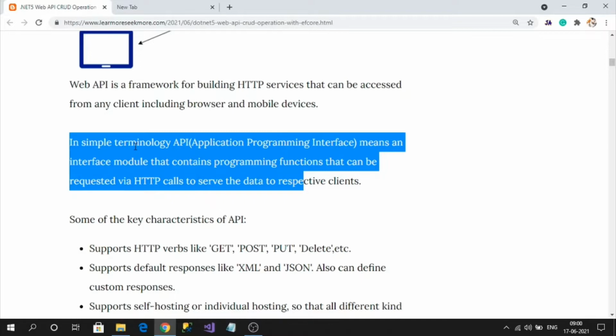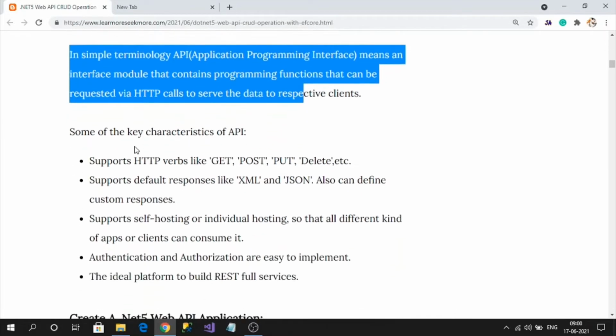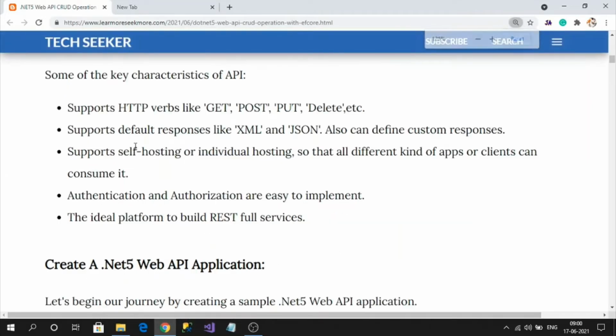Let's also check some key features of the Web API. Web API supports HTTP verbs like GET, POST, PUT, DELETE. So what are these HTTP verbs? They define the type of request that can execute the method.